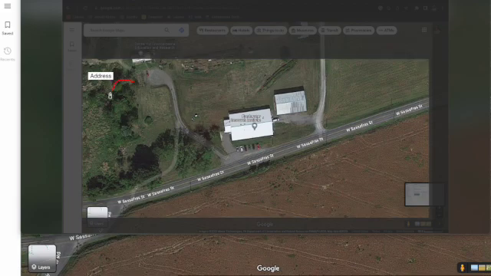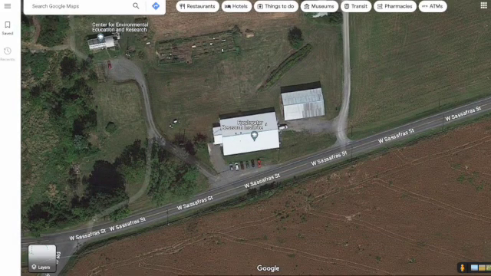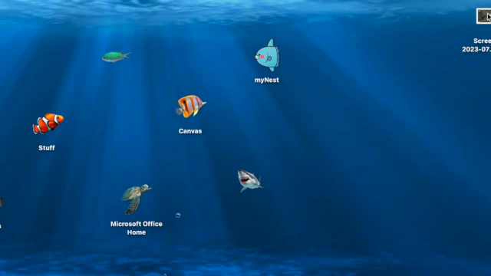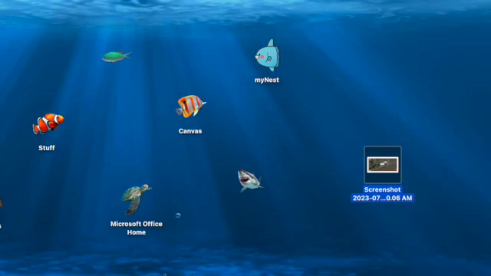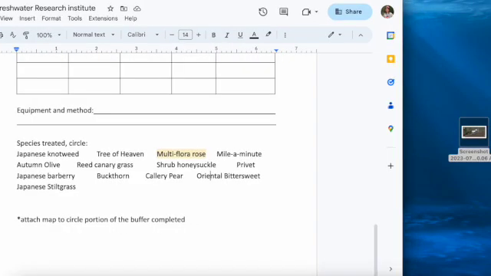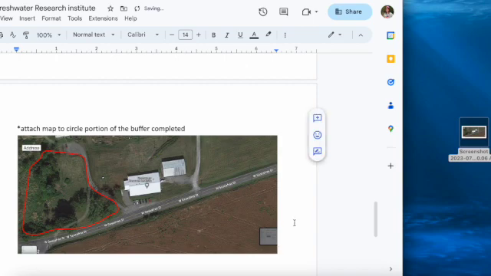Then you're going to select the drawing tool. I like to use red because it's super easy to see, and you'll circle the portion of the buffer that you did. I picked a random area to do there, but that line art will be saved. For my computer, when I click done, it'll show up on my desktop as screenshot labeled with the date and the time that I took it. From there, I can reopen my Google Doc and just drag that screenshot in there, and you can see that